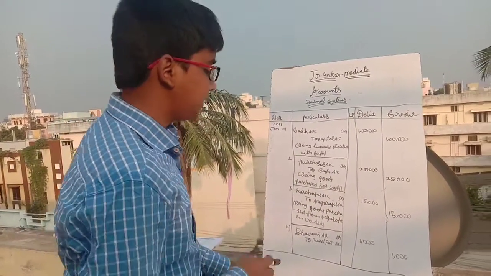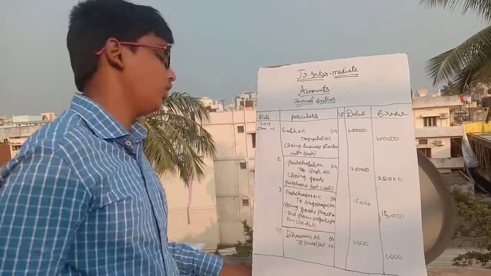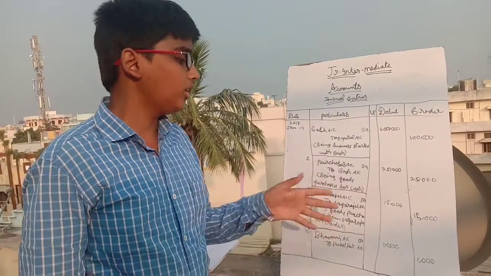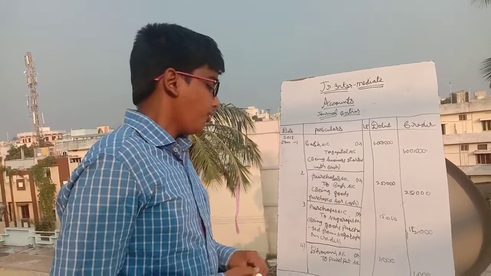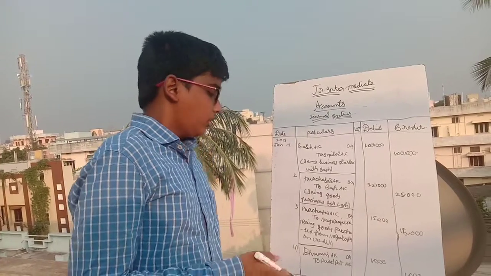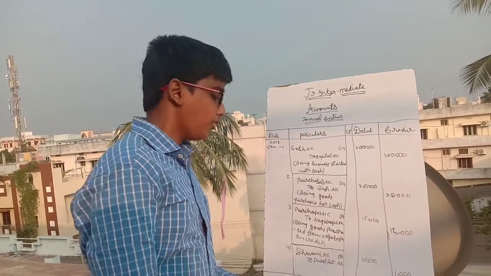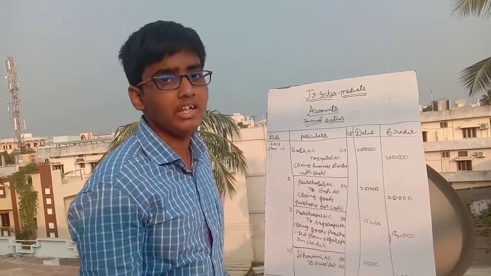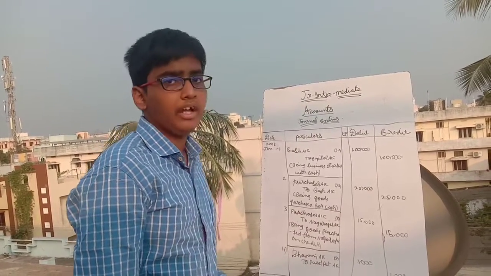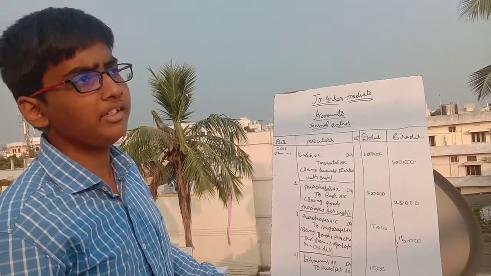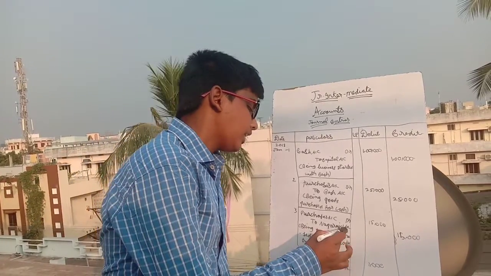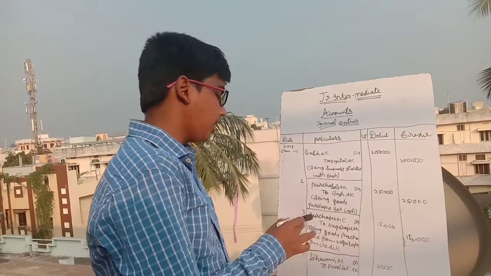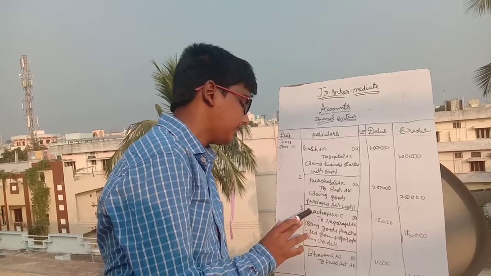And the third one is purchased goods from Nagaraju on credit. In this transaction they have only given on credit, so cash is not coming in and we are not giving cash. That's why we have to credit Nagaraju, because he is the giver, and debit the receiver according to the personal account rule, debit the receiver and credit the giver. Nagaraju is credited, and goods are coming into the organization, so the purchase account is debited.